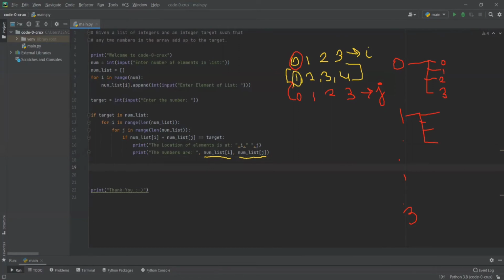Okay, let me just change the color so that it looks better. So num list 1 would give the element 2. Similarly, if I say num list 3, it would fetch the element 4 for us, because indexing starts with 0. Yes.